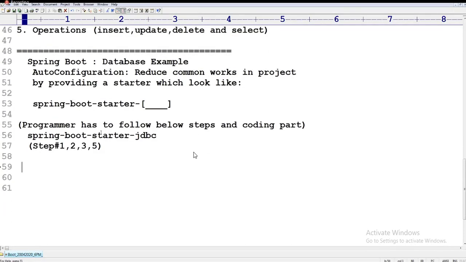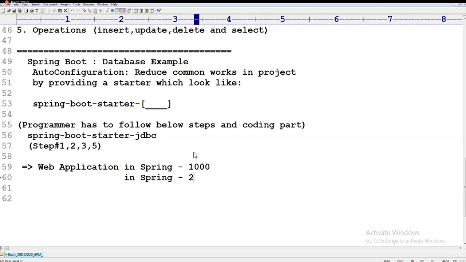Now for example, I want to do a web application in Spring. Consider it has some 1000 lines of code. In Spring Boot, these 1000 lines of code will become something like 250 lines of code, which is done by the programmer.